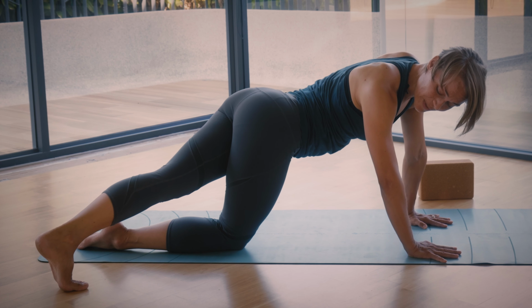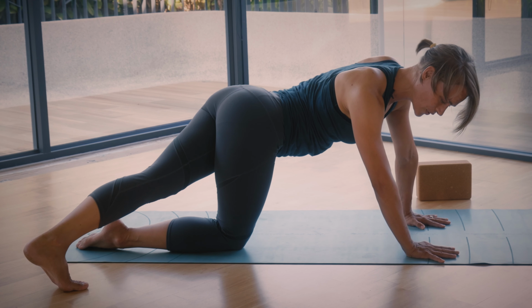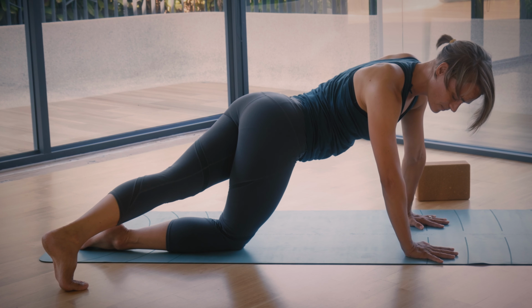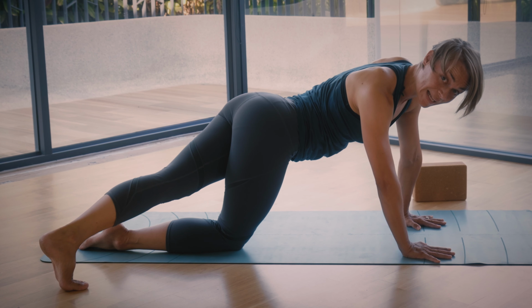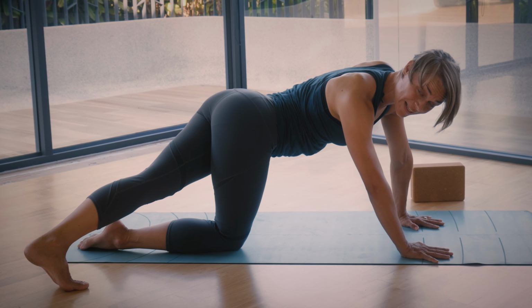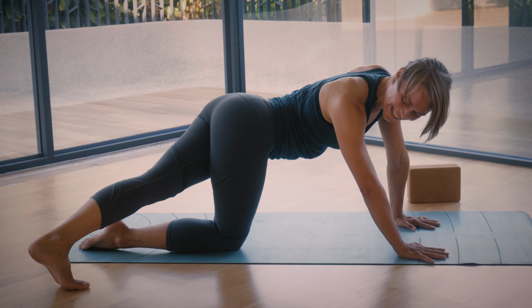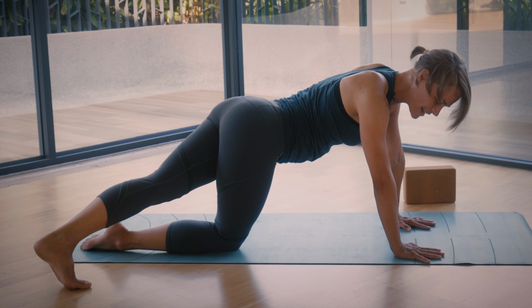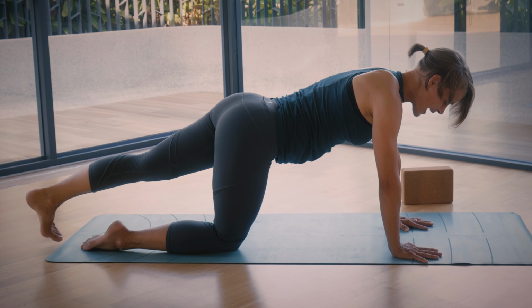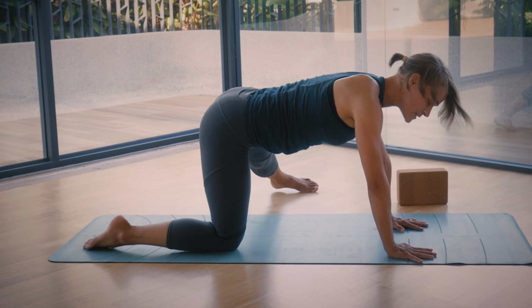If the neck gets really tense, don't force the head. You could also soften the neck back to center. Couple more breaths in and out. So opening now the left side body here. Good, and then come back to the center